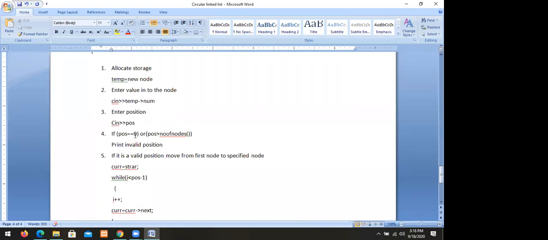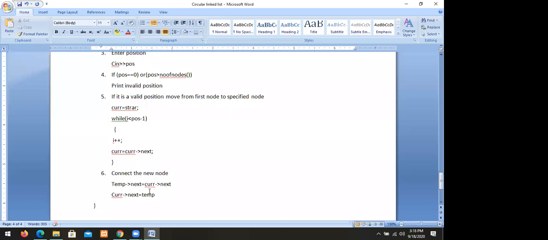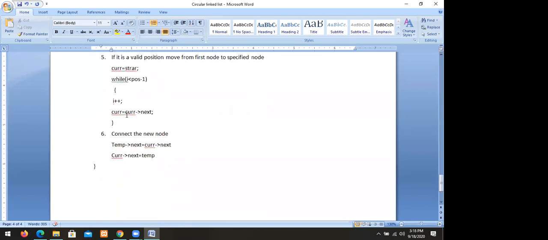If position equal to 0 or position greater than number of nodes, then say it is an invalid position. Otherwise, if it is a valid position, move the cursor from the first position to the valid position. How can we move? While i less than position minus 1, i plus plus, current equal to current next. Then you have to connect the nodes. This is the procedure, this is the approach we are using to insert a node in a list. This is what we call the insert node module.